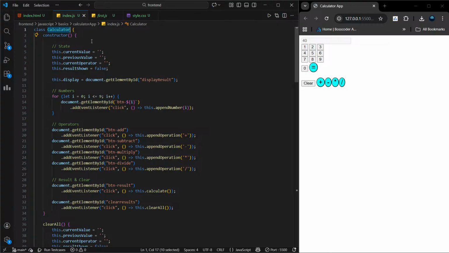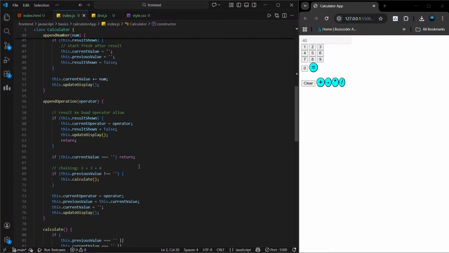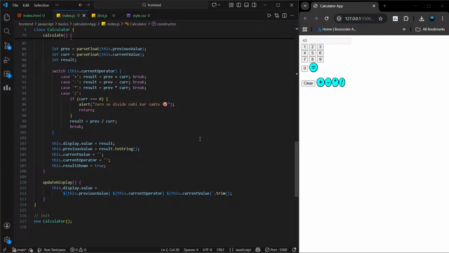हाँ, ये ऑब्वियसली यहाँ पे Single Responsibility वॉयलेट हो रहा है, क्योंकि जो कैलकुलेटर है वो तो ठीक है, वो पूरा कैलकुलेटर को हैंडल करेगा, नो डाउट। बट एक सिंगल क्लास सबको हैंडल कर रहा है। फॉर एग्जांपल, क्लियर फंक्शन, अपेंड नंबर, अपेंड ऑपरेटर, देन कैलकुलेट और अपडेट डिस्प्ले भी।